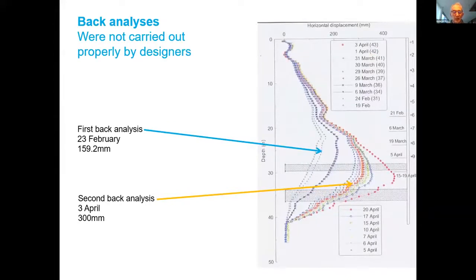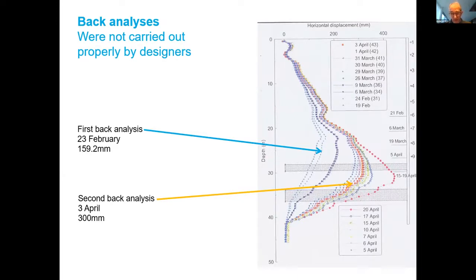Now, can one actually put this to good use? Because the observational technique is to monitor the performance, analyze the performance, check out what's actually happening, and then forecast what's going to happen next. So back analysis of a deflected form is quite a proper technique to work out what's actually happening. Instead of just picking the maximum radius that I showed in the previous slide, you can do a back analysis